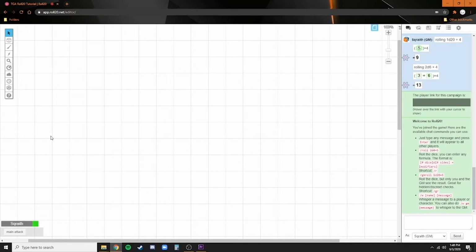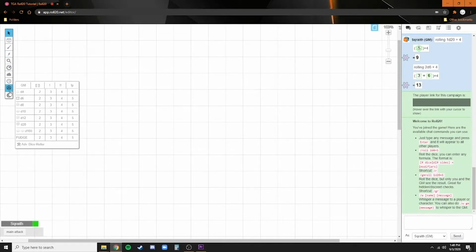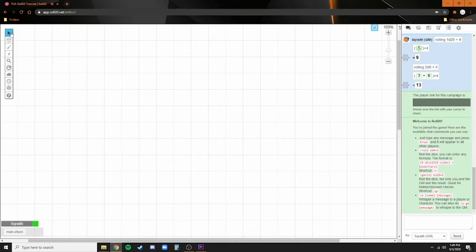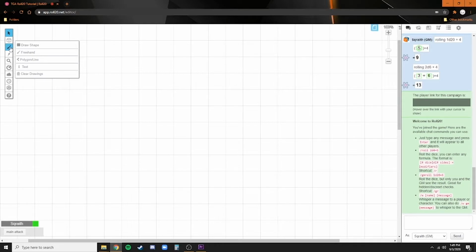As you can see here, there's not very much at the moment because I'm just showing a couple tests, but the toolbar over here may appear a little different to you than the GM. That is due to some of these being GM tools only. But you should have access to the basics: selecting and move, drawing shapes, lines, and typing,